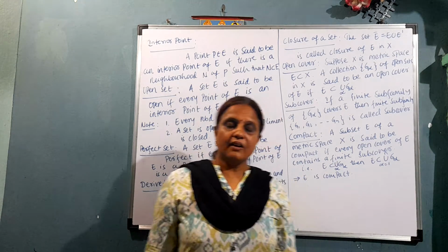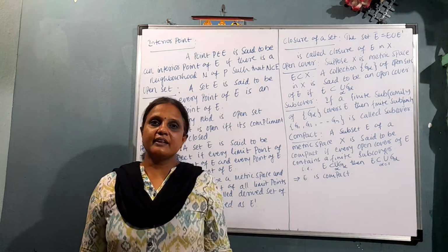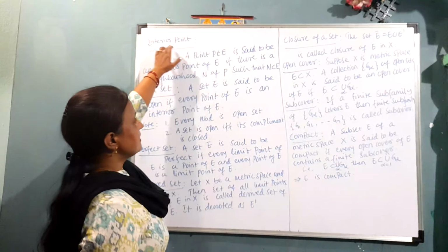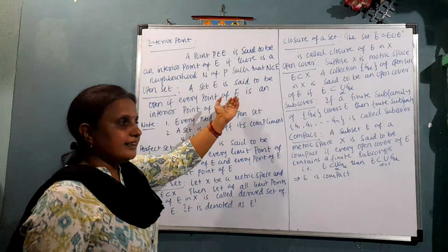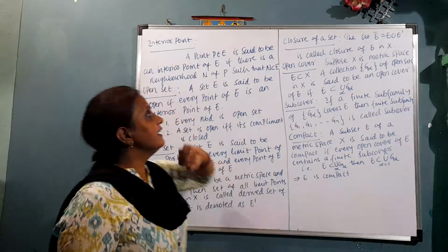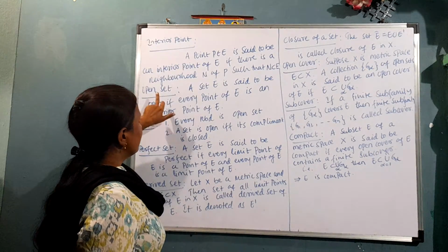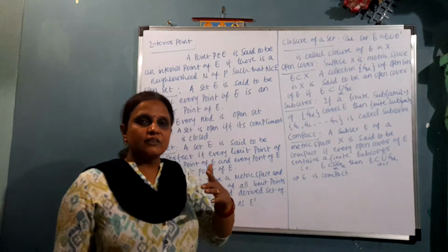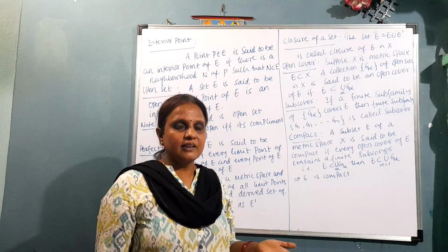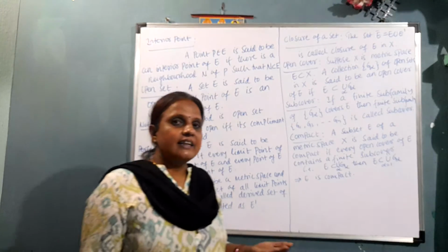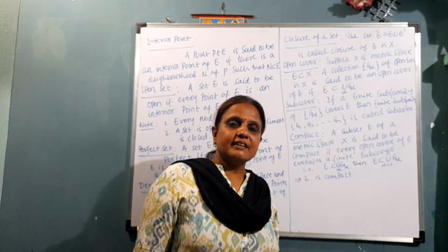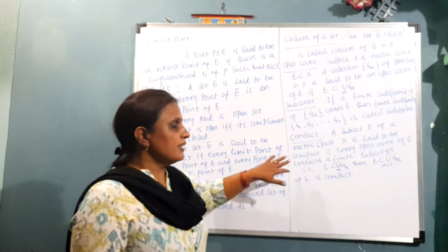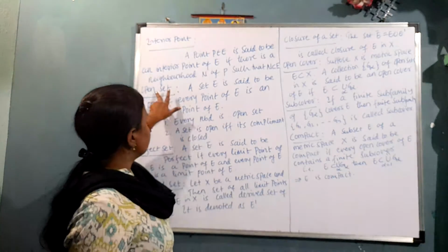If not, then a point may have a neighborhood inside E, and then that point is said to be an interior point. Means a point has a neighborhood and that neighborhood is inside the set E, so it is said to be an interior point. Open set means a set which is open, not having a boundary. So we can say it has no limit points, only interior points, which means all the points are inside only. So there is no limit point defined, and such a set is said to be open.